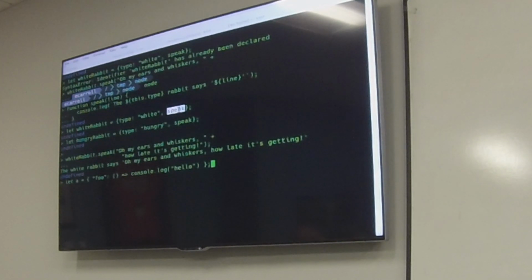Think of it like that, right? In this case, I have an object, A, and I have a property, foo. Now, if I call that function, I can use parentheses. And now it's going to say hello, right? But when I go up and I define it, if I do this,